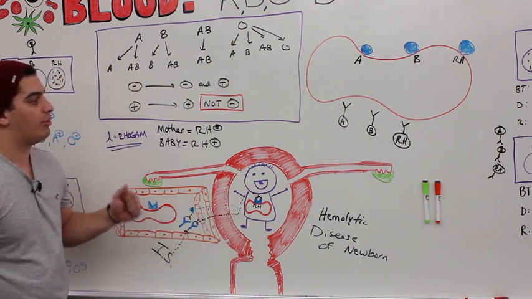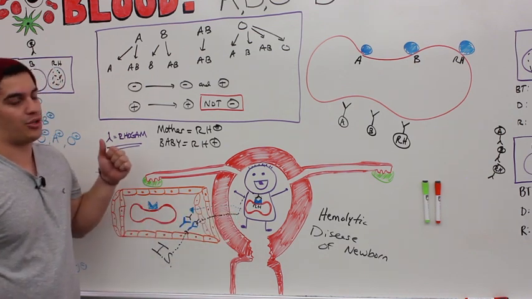So again, that covers pretty much everything that we're going to need to know here for the ABO blood typing